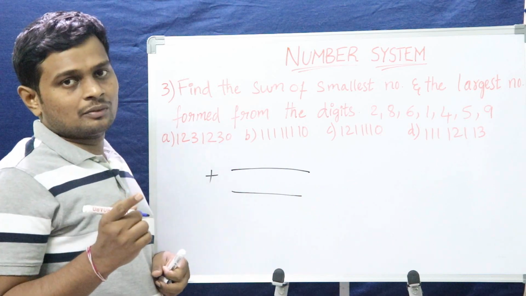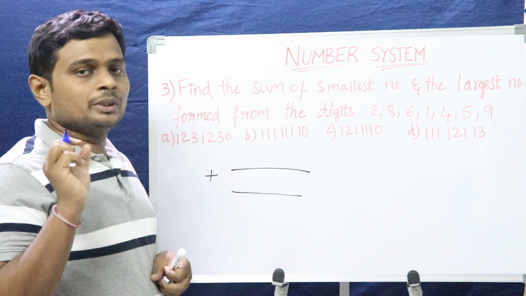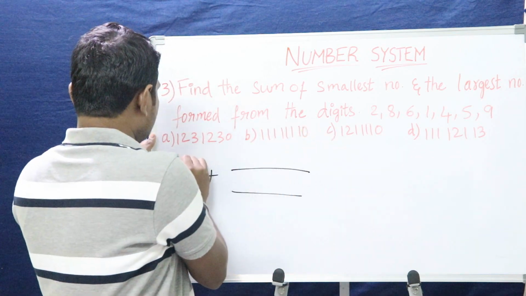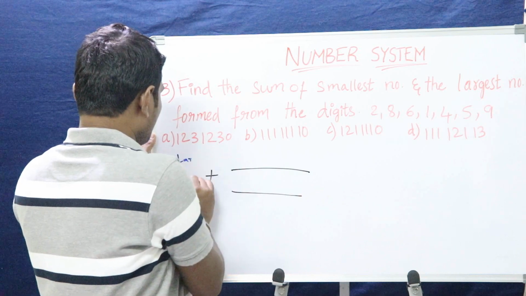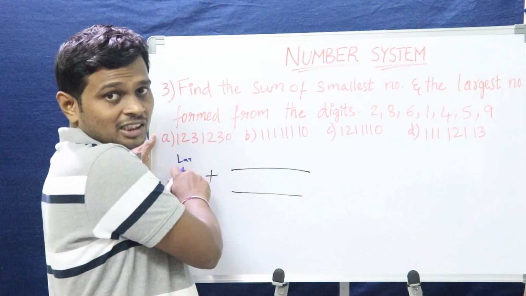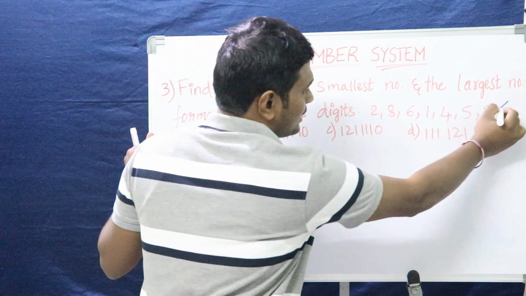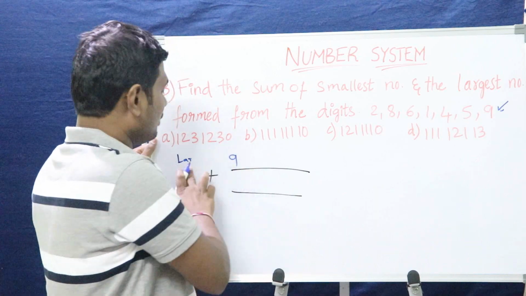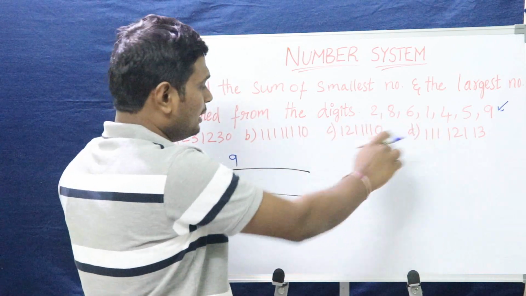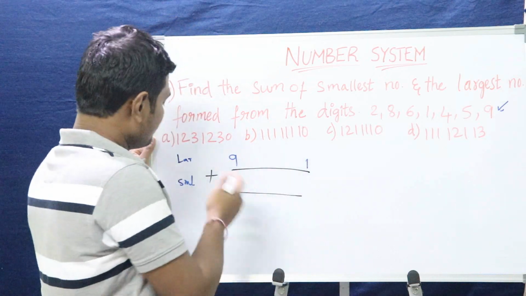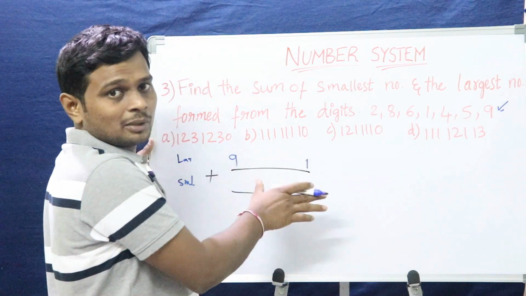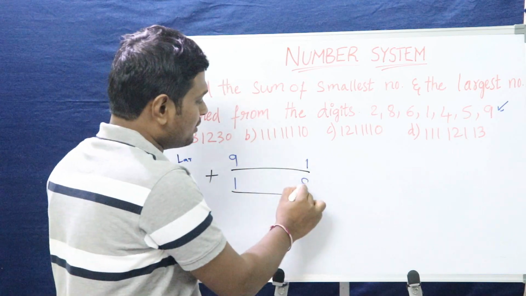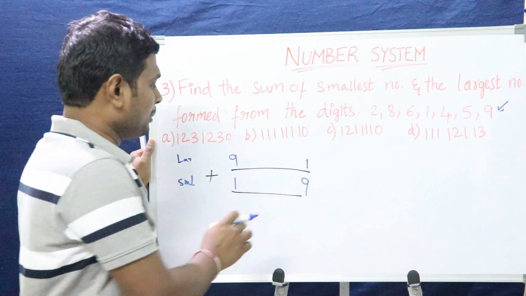How can we find out? The first step, what I have told you, is that we need to find the unit digit. What would be the unit digit in the highest number? Let me take this as the largest number, this as the smallest number. In case of the largest number, what is the largest digit in this set? 9 is the largest digit. What is the smallest digit? 1 is the smallest. So this would be the largest number possible. In case of the smallest one, it starts with 1 and it ends with 9. You are all getting my point, right?